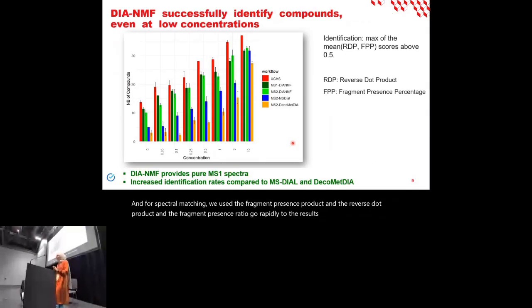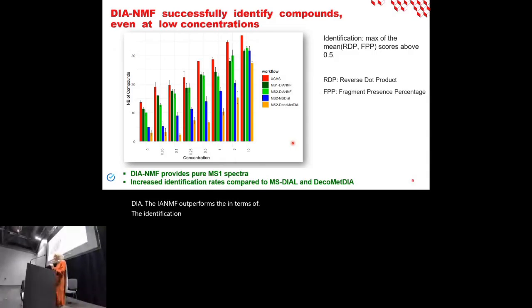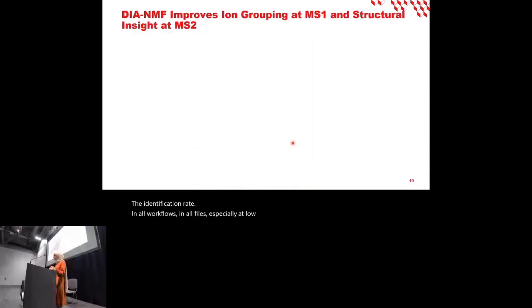DIA-NMF is the only example which provides pure MS1 spectra. Also, comparing the identification rate between DIA-NMF in light green, MSDL in blue, and the commit DIA in orange, DIA-NMF outperforms in terms of the identification rate in all workflows, in all files, especially at low concentrations. In more detail,